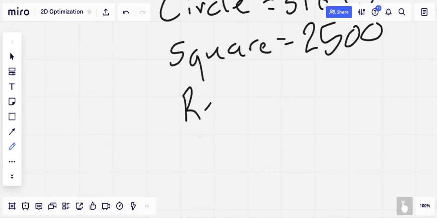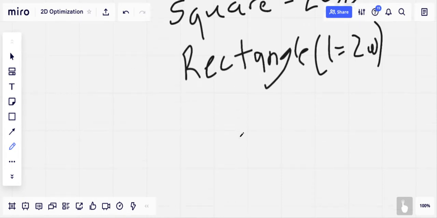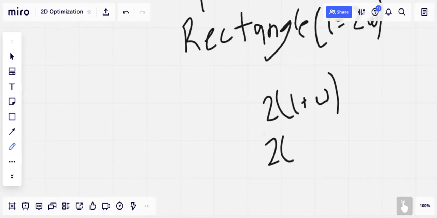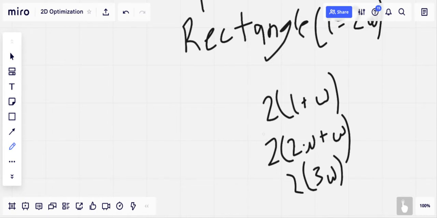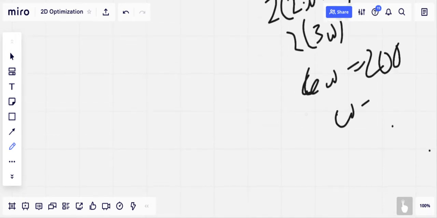So now for the rectangle, where length is equal to twice the width, to find the perimeter of a rectangle, we would multiply 2 times L plus W, and since we know the L value is just 2W, we can substitute it, 2 times 3W, and then we can get 6W. 6W is equal to 200, and then divide 200 by 6, and we would get 33.3. W is equal to 33.3, and since the length value is just twice of W, we get L is equal to